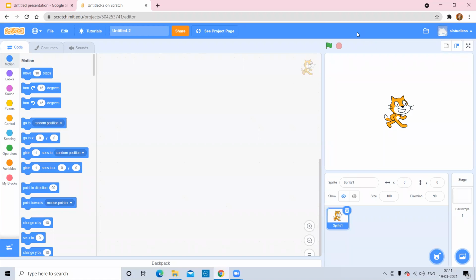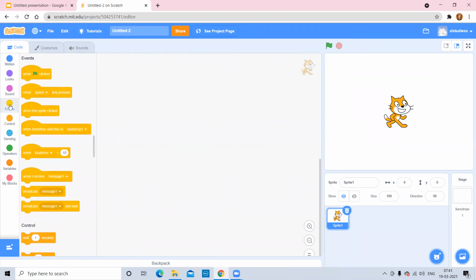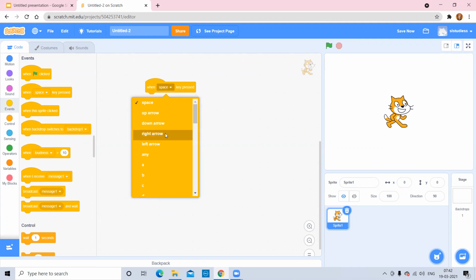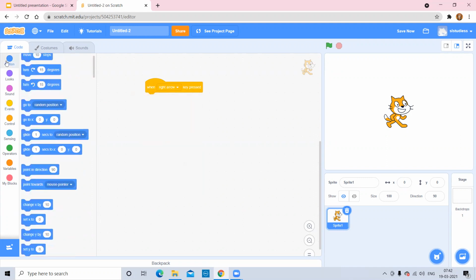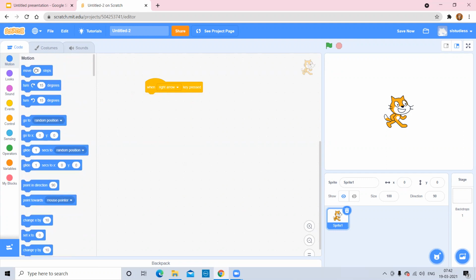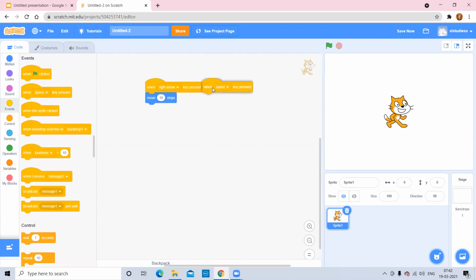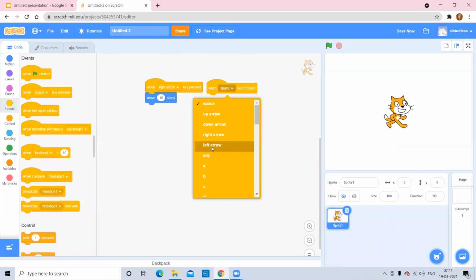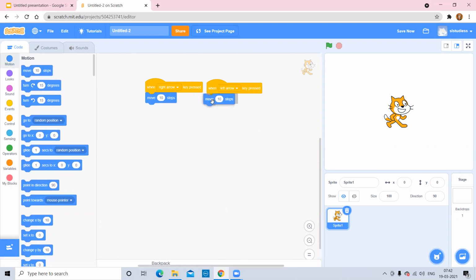Now I'll make the character move forward and backward. For that, I'm selecting the block of events and now selecting the sprites. Like if I select the right arrow key, it should go for move 10 steps. So go for motion. Now select the block for move 10 steps. Now if I want to make it come back, go for events and in the same way select the when key is pressed block. So I'm selecting the left arrow key. Now I'm programming positive for the forward, and to make the backward just add minus for this. Minus 10 steps.